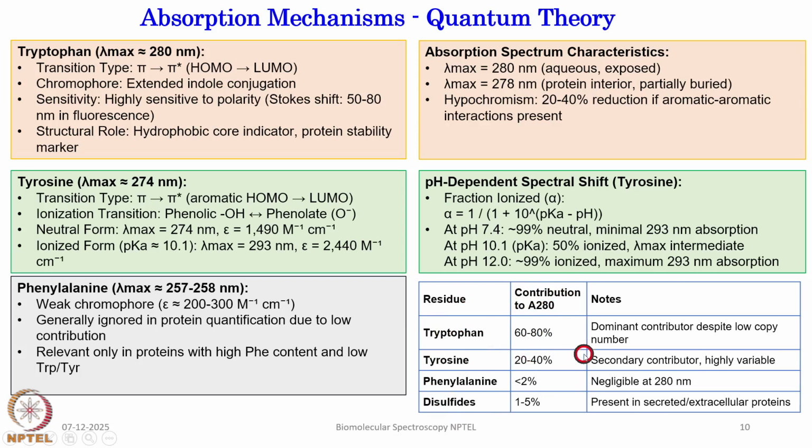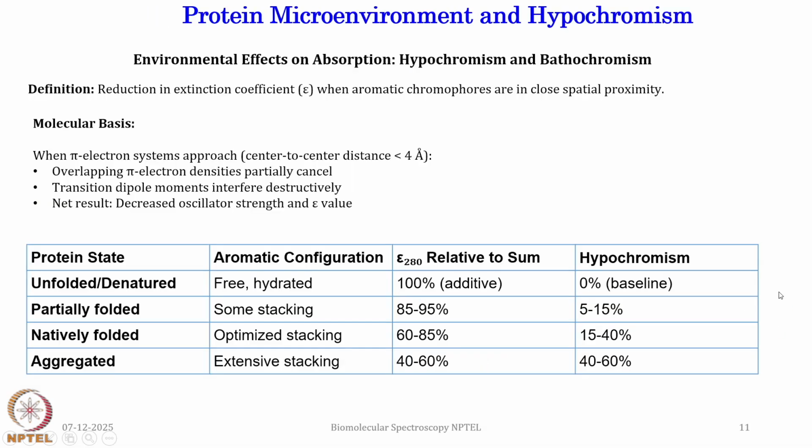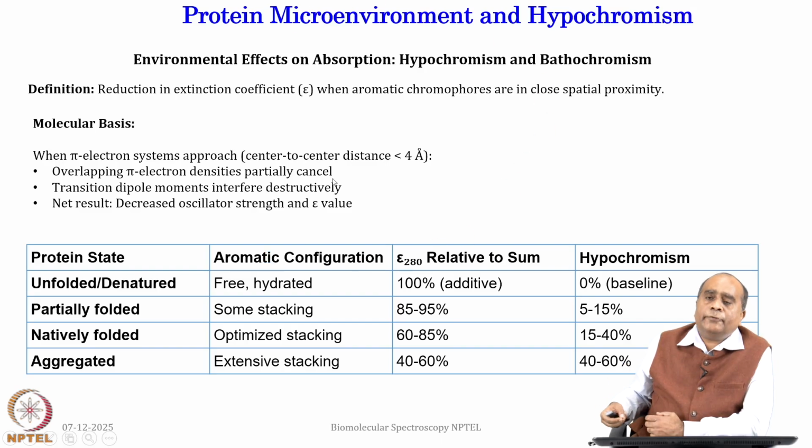So, 60 to 80% comes from tryptophan, then 20 to 40% comes from tyrosine, and then 2% from phenylalanine and 1 to 5% from disulfide, right. So, it is negligible at 280. This contributes to secondary structure, and the dominant contributor is tryptophan, right. So, after looking at these chromophores and their contribution to understanding the secondary structure, tertiary structure, and estimating the protein